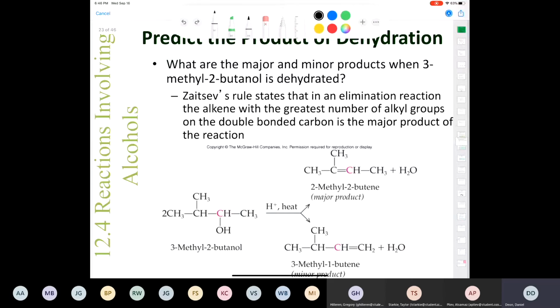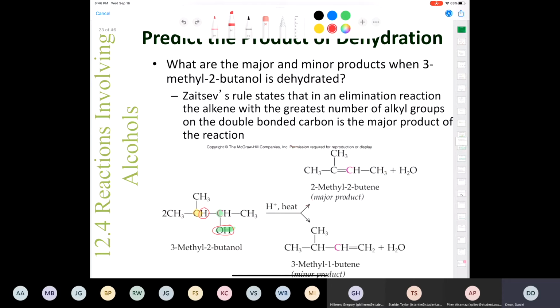Let's analyze very carefully. So we have the carbonyl carbon. We have a hydroxyl. We've got how many carbons that are adjacent? 1, 2. We're going to start with the one on the left. So that means that we would take our OH from here, and we would take our hydrogen from here. So that means that in the product, we're going to draw the double bond between these two carbons right there. And so that would give us this molecule, which is